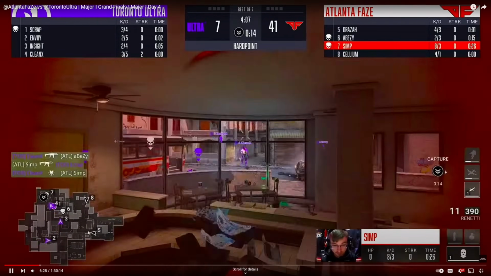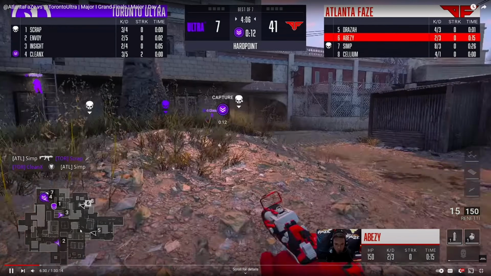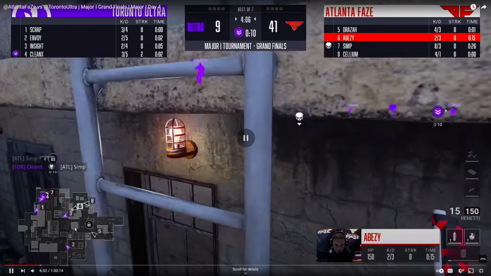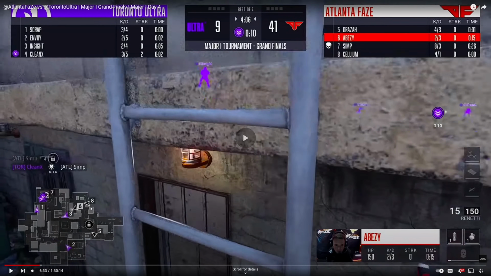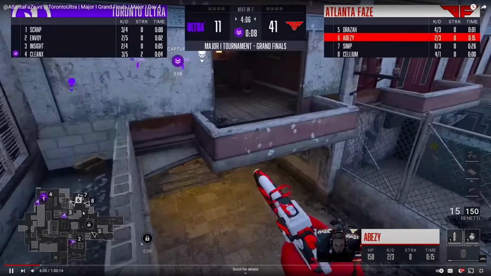But number 5 is going to be Draza. Number 2, Insight, they're going to go through. Now, let's see where everyone spawns up. If you're looking at this scenario, you can say, right, Toronto gets 10 seconds, but FaZe have a great setup. It's all going to be on Insight right now. No, sorry, not Insight. It's going to be...